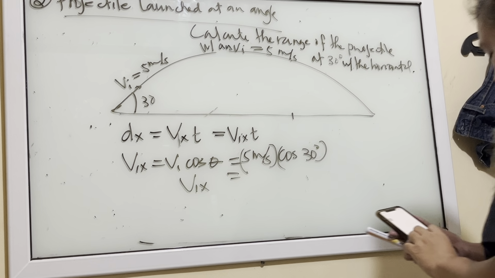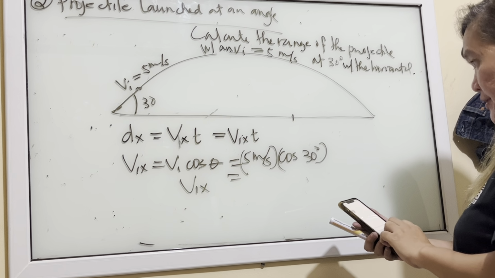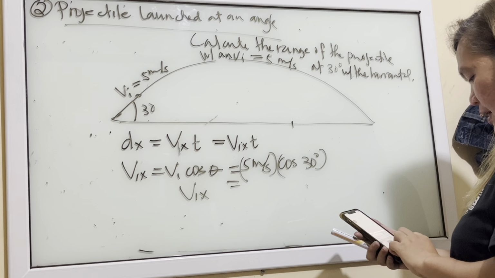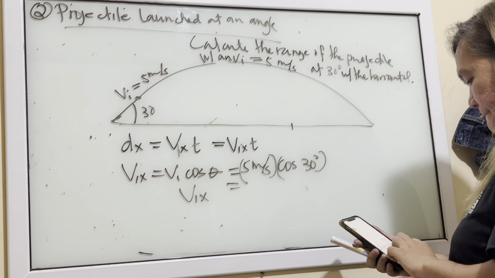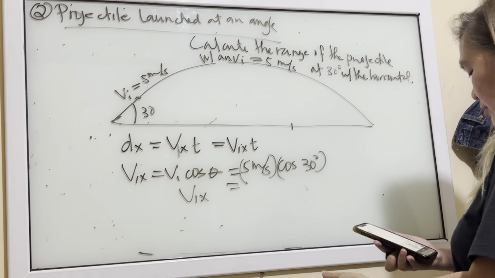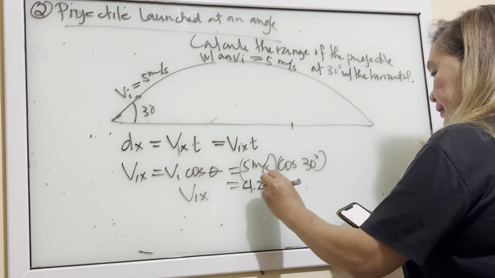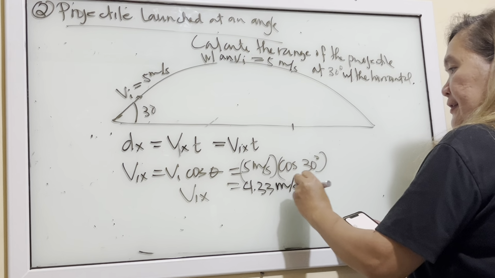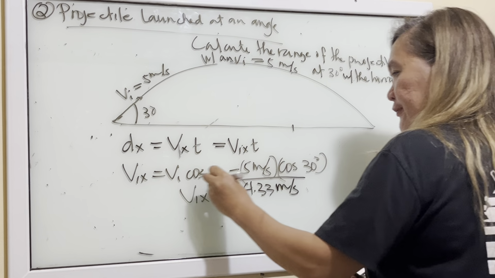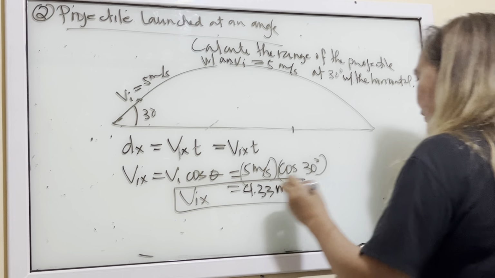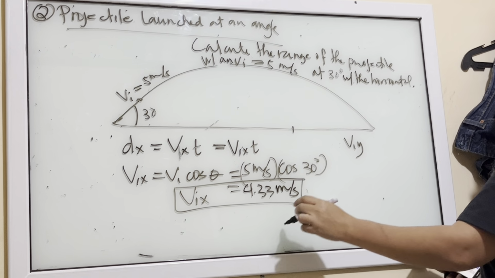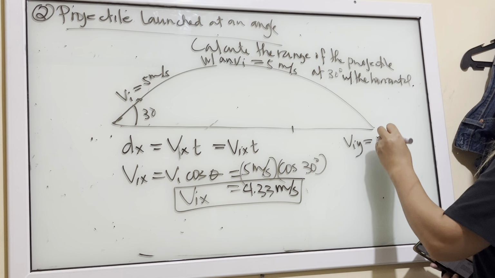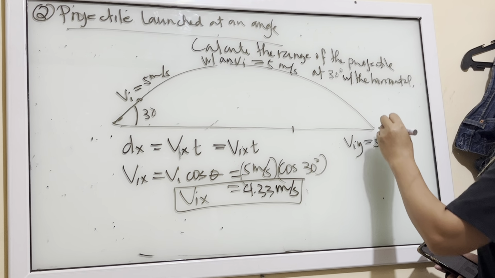Alright, so what is 5 meters times cosine 30 degrees, close, equals, nasolve na pala natin ito kanina, 4.33 meters per second. You copy the unit. So that's your V sub Ix. How about V sub Iy? V sub Iy, okay, pagkatapos sa Vix, Viy agad is equal to 5 meters per second, that is Vi